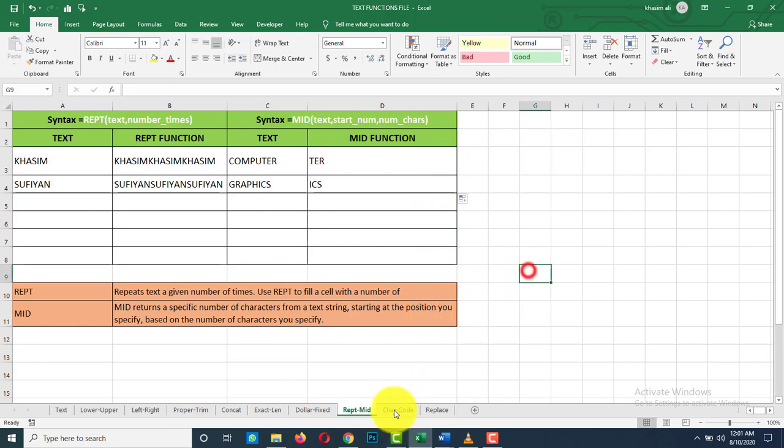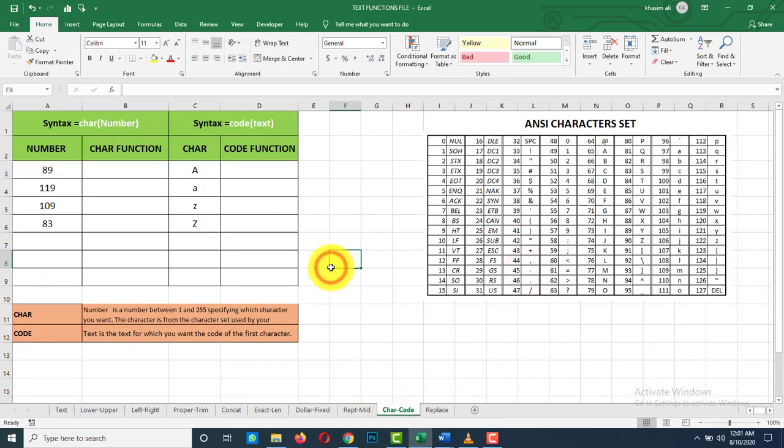Now see, here there are 2 more text functions, that is the CHAR function and the CODE function. Here the syntax is equals CHAR of number. Number means a number between 1 and 255, specifying which character you want. The character is from the character set used by your computer.